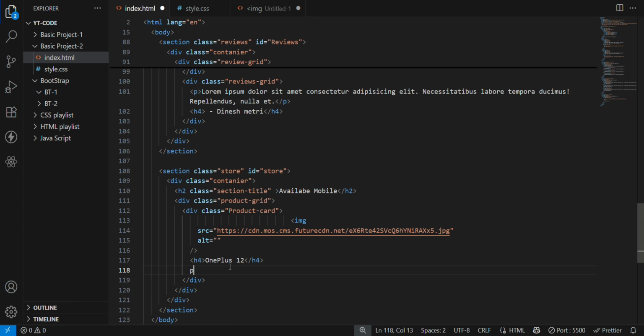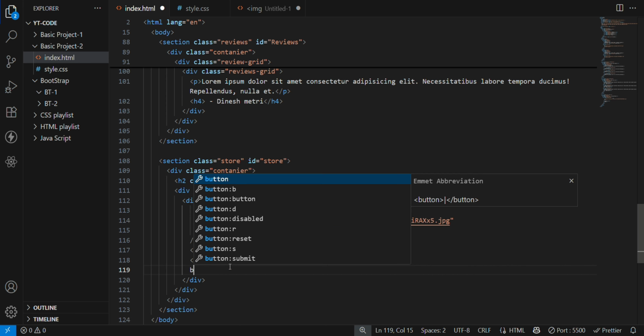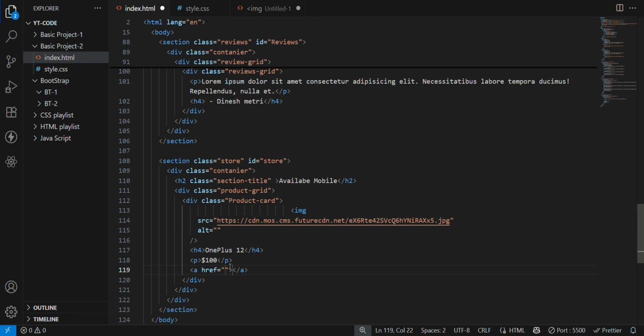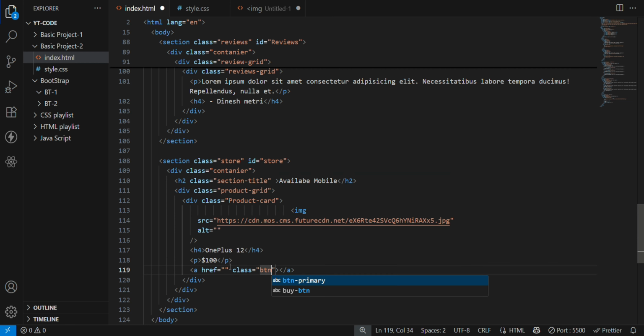Then paragraph tag, dollar sign for $100, or how much you want you can add. I'm just adding some random value. Then button, no, I will add an anchor tag here. Here add class as btn primary. Oh, no, here secondary I will add, secondary